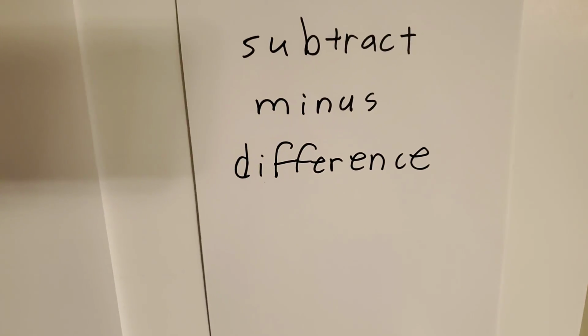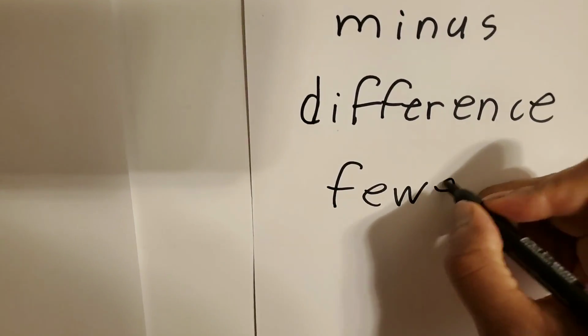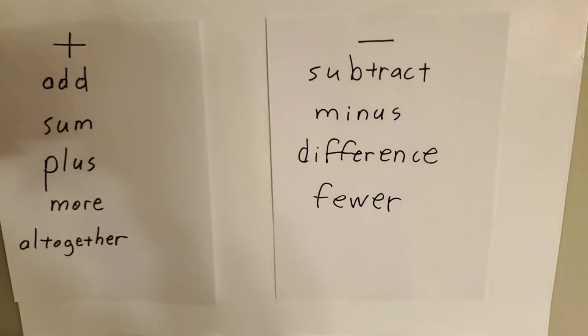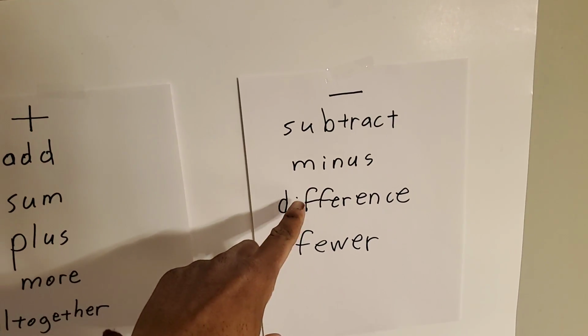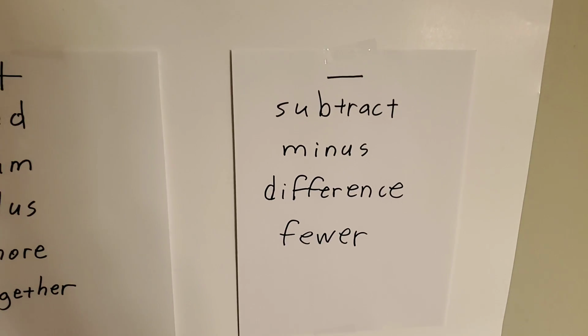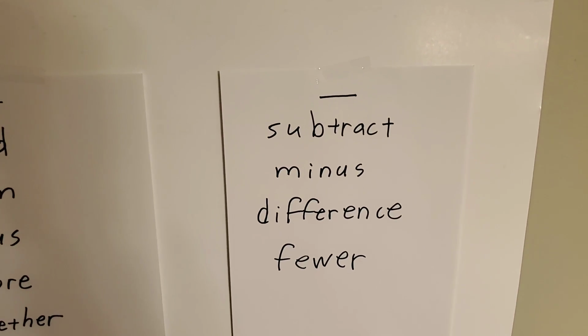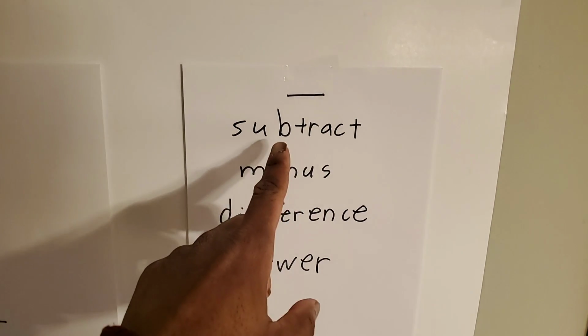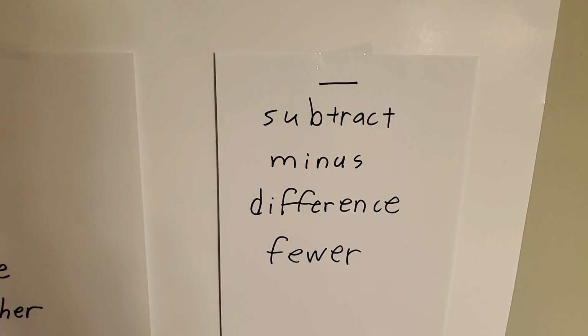What else? Maybe words like fewer. So when you see words like subtract, minus, difference, and fewer in a sentence, that lets us know that the operation we are going to do is subtract. We're going to use subtraction. So these are the words that are clues to what you do if you're reading a number sentence,